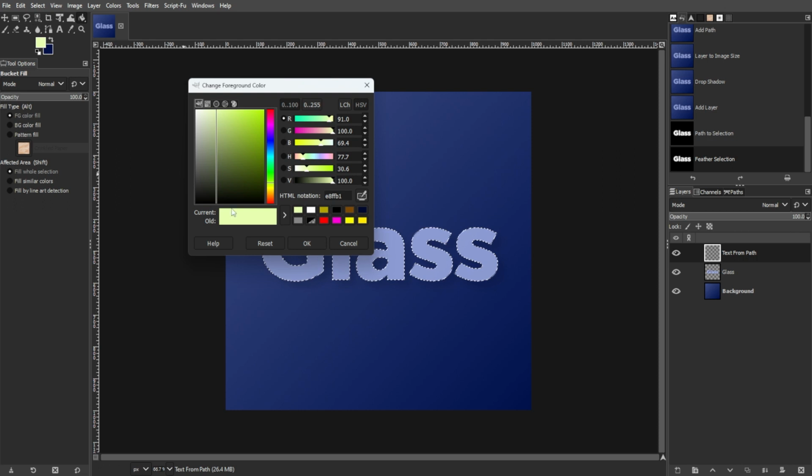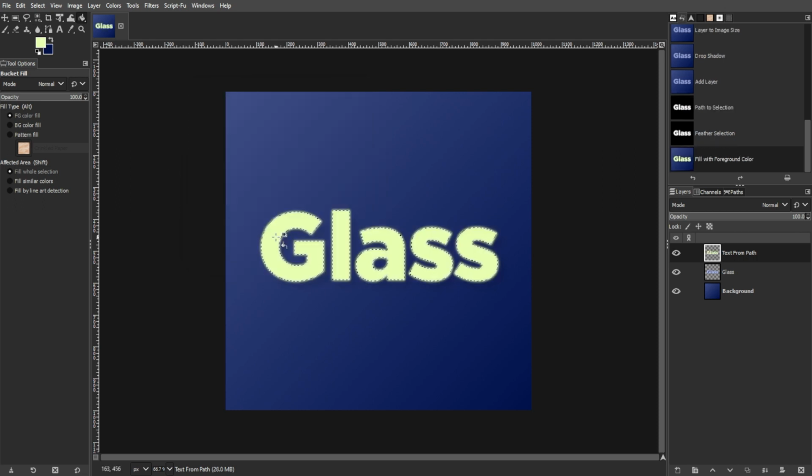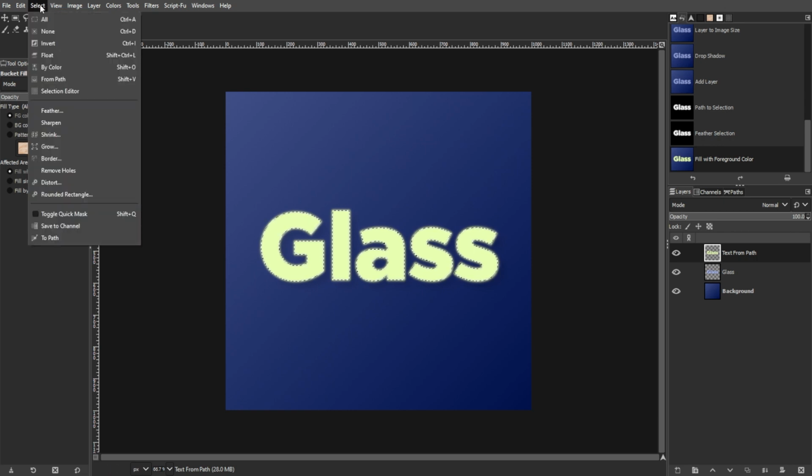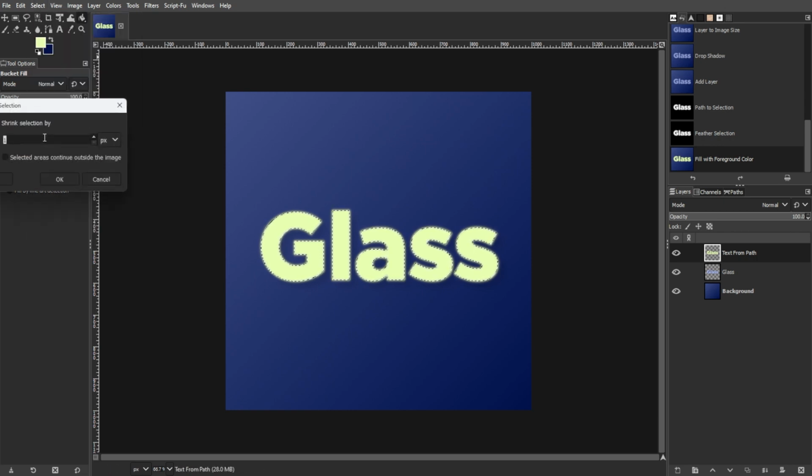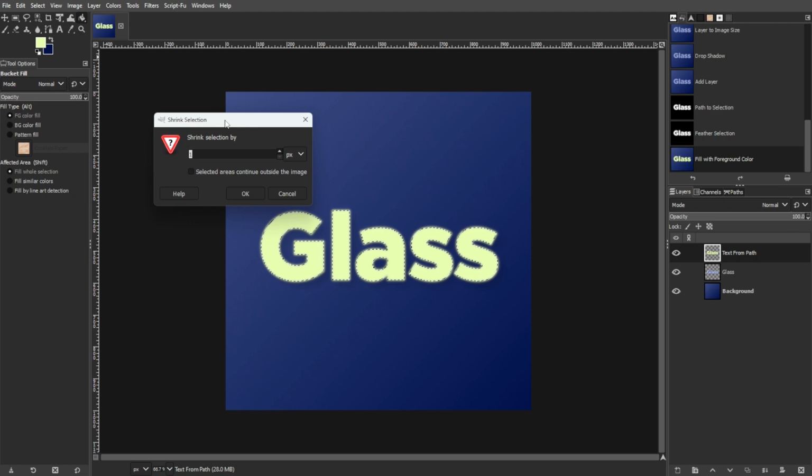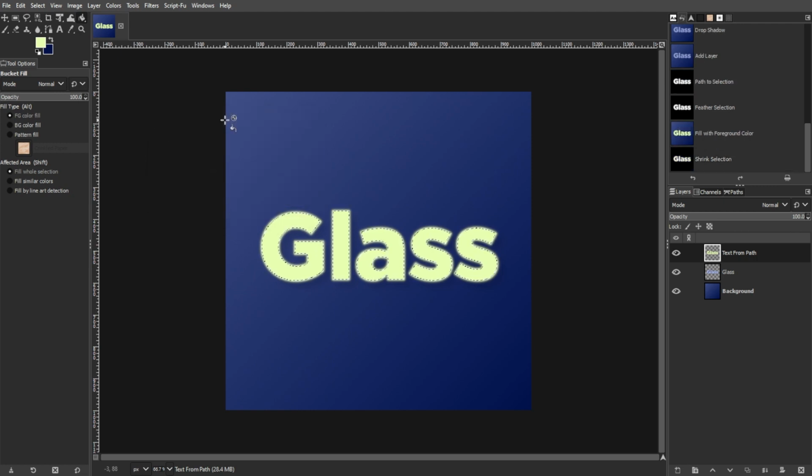Then choose a light yellowish color and use the Bucket Fill tool to fill the selection. Then go to Select, then Shrink, then set the shrink value to 2 pixels, then press the Delete key to cut out the center of the fill. Then set the layer mode to Screen,